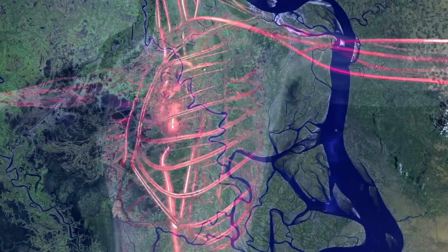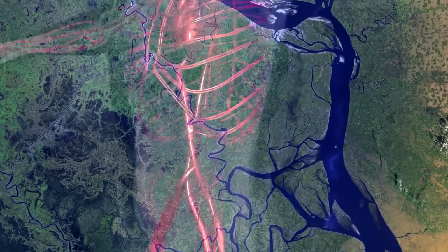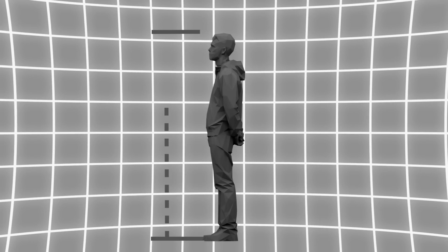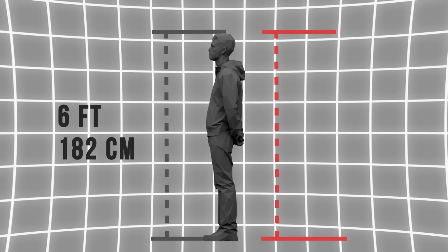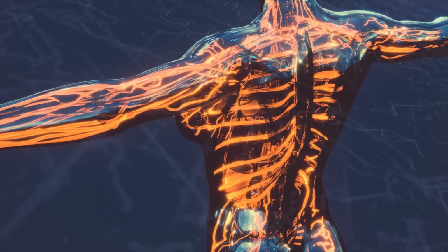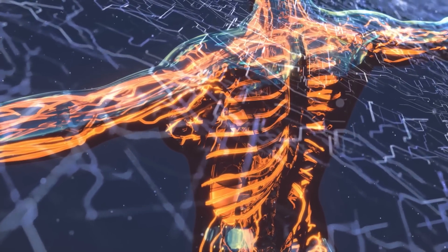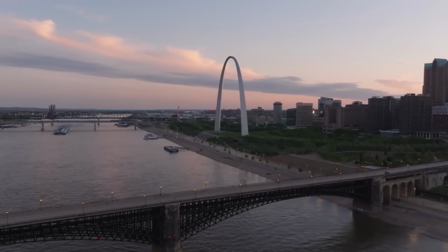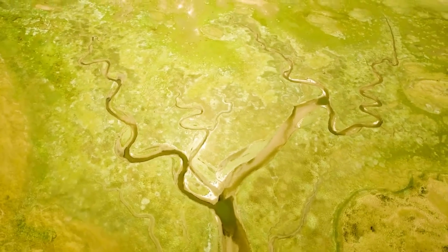To comprehend this concept, envision rivers as the veins within a human body. It would be inaccurate to assume that a 6-foot-tall individual only has 6 feet of veins, right? Veins intricately weave throughout the entire body, much like a vast network. Rivers operate under the same principle, and the length of the main river is not the sole consideration. The extensive network of tributaries holds equal